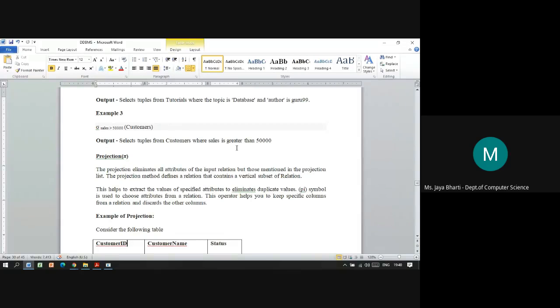For CSIT there is nothing, it is just a revision. But the other two girls, please study this relational algebra also. And please stop me and ask me if you are having any query. So this is the select operation.